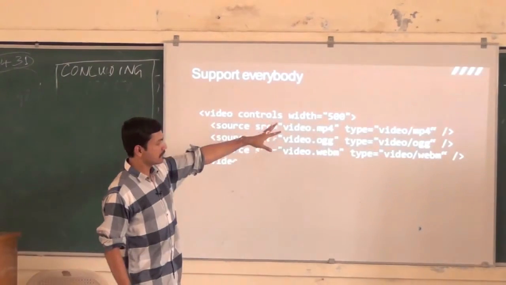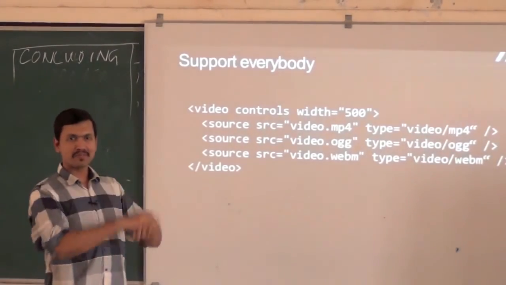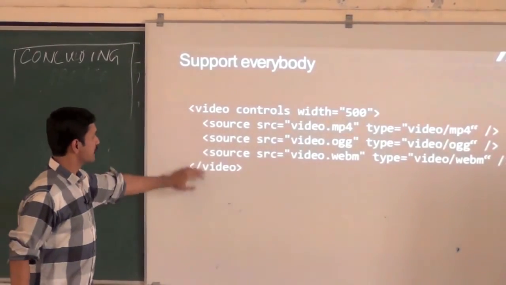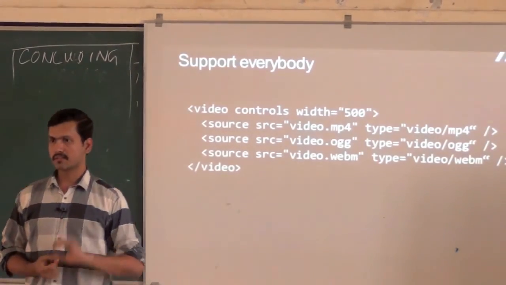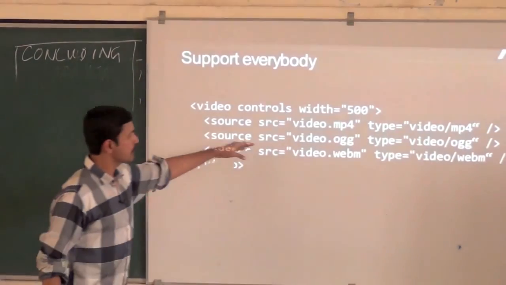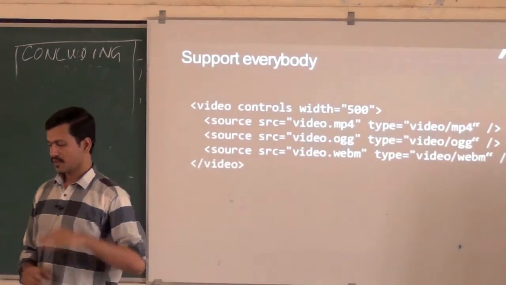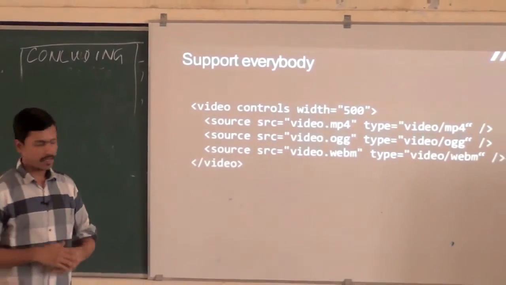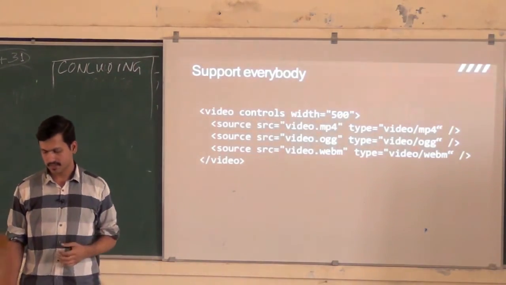But fortunately, the W3C spec, I think they had the vision to provide this capability. So if you have a video tag, you can specify the source multiple times. You can provide a source child tag, and here the same video is specified as MP4, OGG, and WebM, which are basically H.264, OGG, and WebM codecs. And the browser will simply pick whatever it can, whatever it understands.